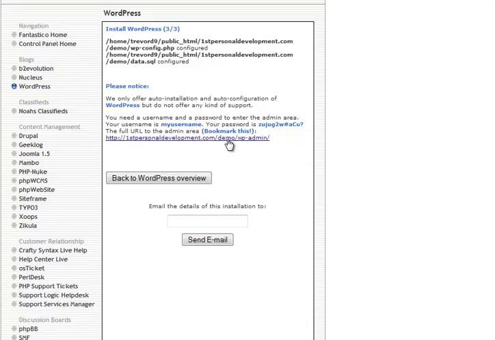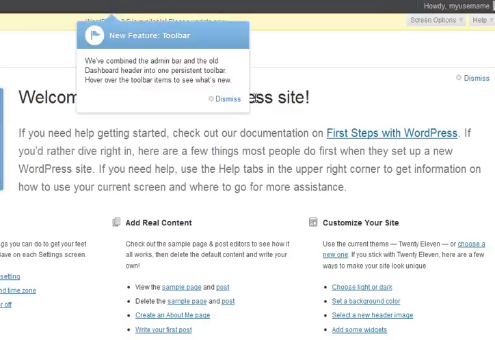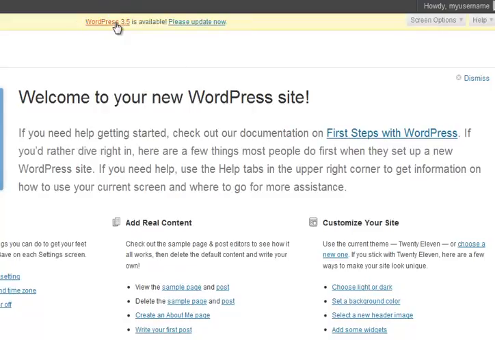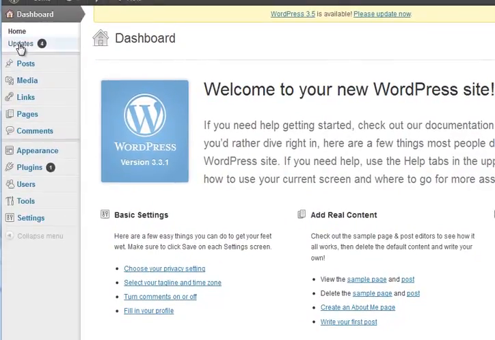So we can then go to that link and see the, again that won't be the right thing, so do that. And that's another thing you're going to see quite regularly if you use the automatic install. Let's move that screen slightly. Lots of updates. What this is, is that Fantastico and other installation routines don't keep everything up to date, but that's fine. Just click on the updates thing,